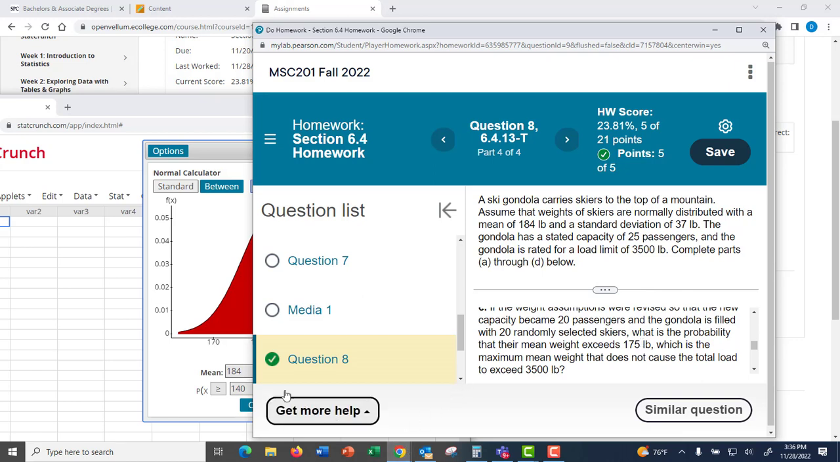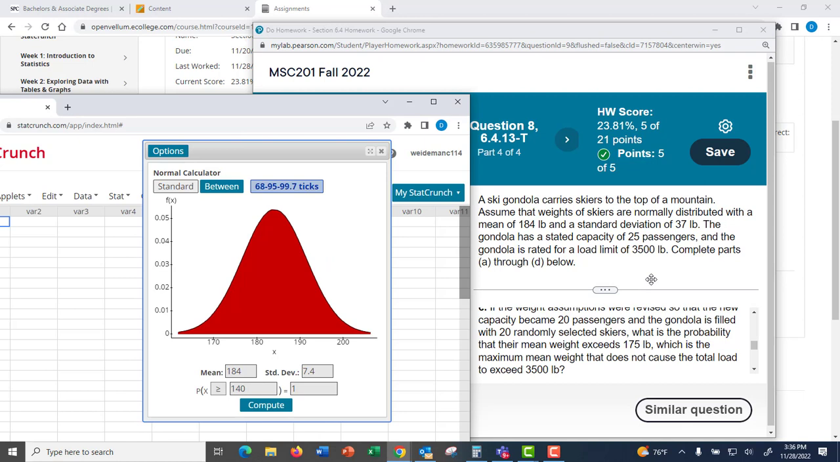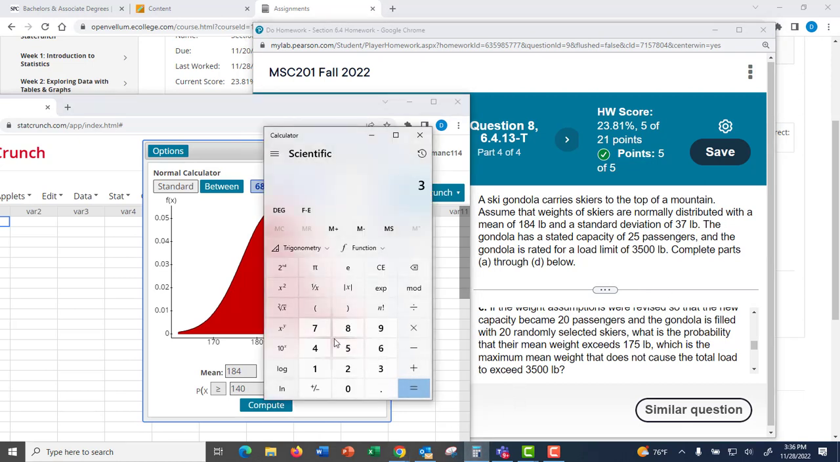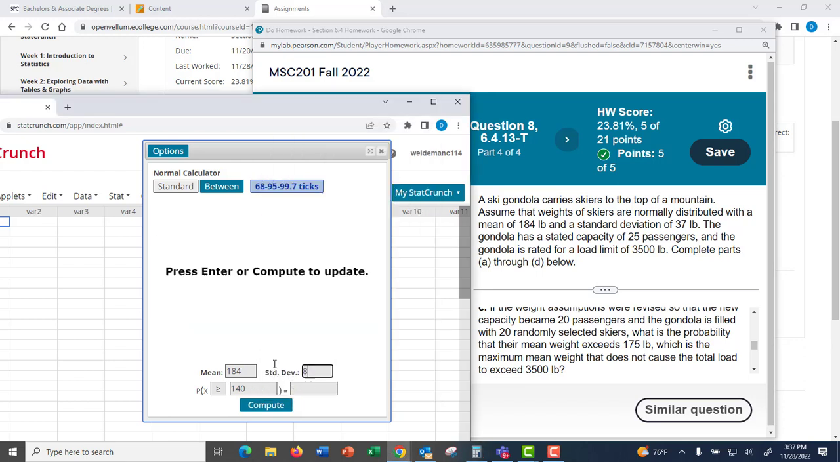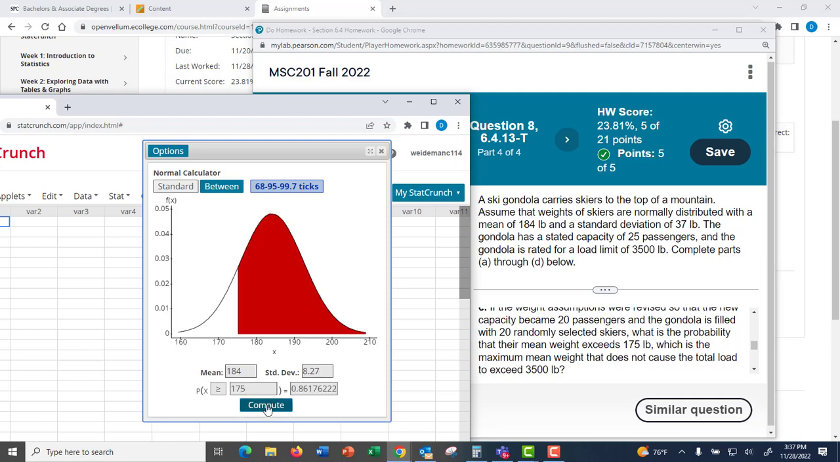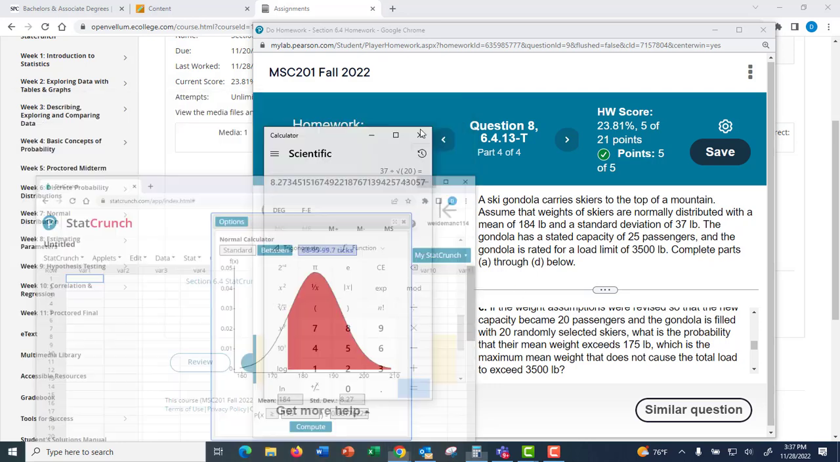Okay, so let's go back to our tool. And now what I want to do is take 37 and divide by the square root of 20 to adjust my standard deviation for the sample. So 37 divided by, and I've got 20 now. Take the square root, which is right here. And now my standard deviation is going to be a little bit larger, 8.27, because I've got fewer people in my sample. And again, now instead of 140, remember now we said, okay, I can go up to 175. And so I get now a probability of 0.8618, which is what I entered in here for the answer to